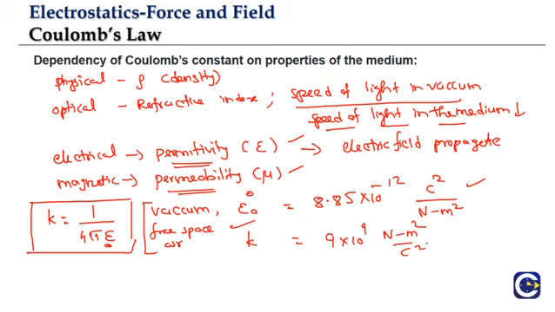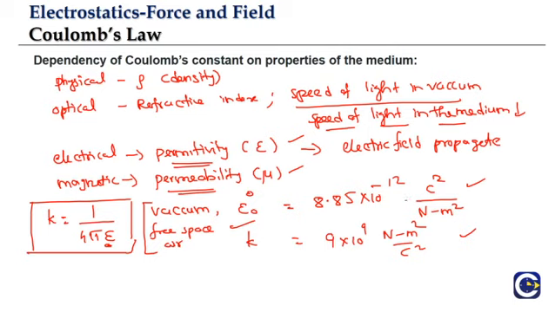And if we go to some other medium, obviously the value of K will change. If you look at the values of both epsilon naught as well as K for vacuum or free space or air, these are not simple numbers that we can just remember. I mean, we can remember them for vacuum or free space, but we cannot remember the same values for each and every medium. For example, for some other medium the value of epsilon comes as 9.63 into 10 power minus 13. For another medium it comes as 4.98 into 10 power minus 14. So we will not be able to remember these values for each and every medium.